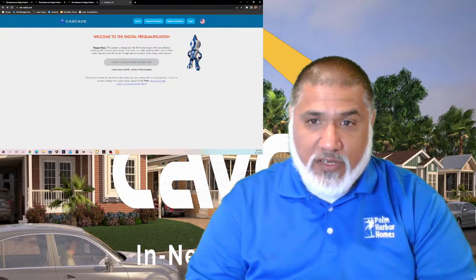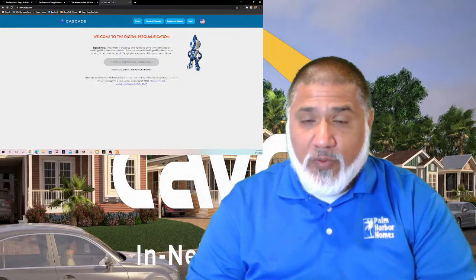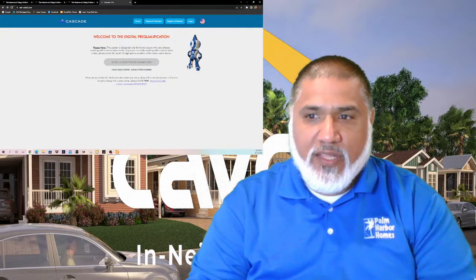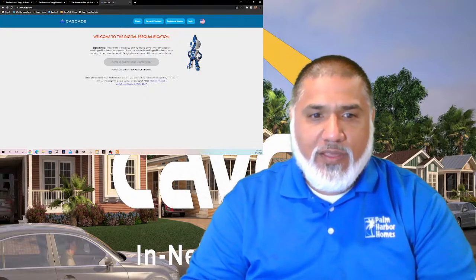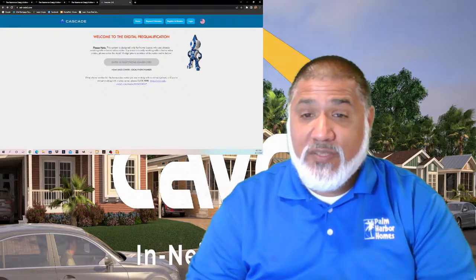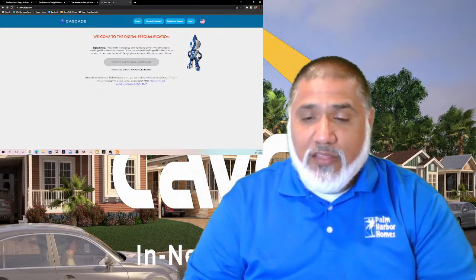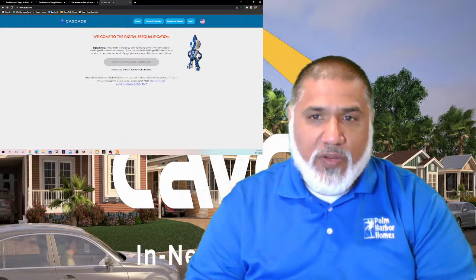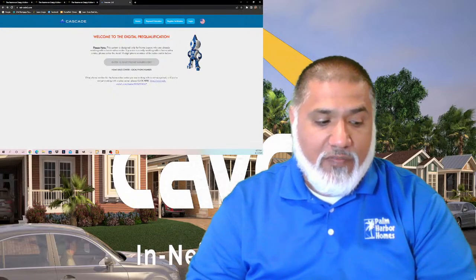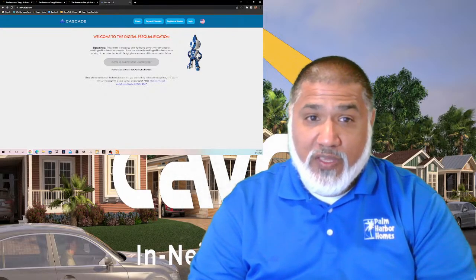The space rents I'm going to quote will include the shed rental that will be placed on your property, that the community will maintain for you. If it's starting to look old, they're going to be the ones to maintain, paint it, put shingles up, all that good stuff. This rent payment will include that. So they're going to range anywhere from $775 all the way up to $875 for the biggest